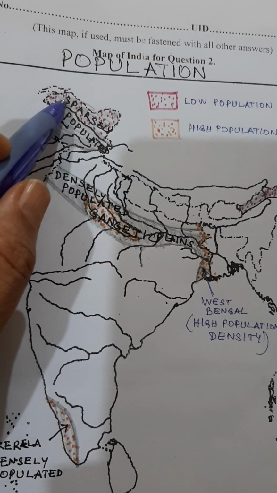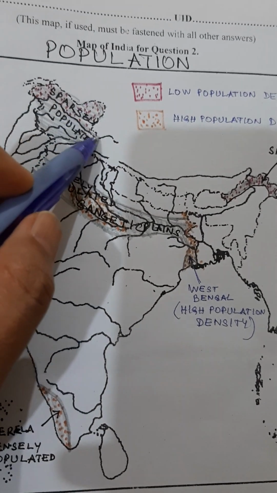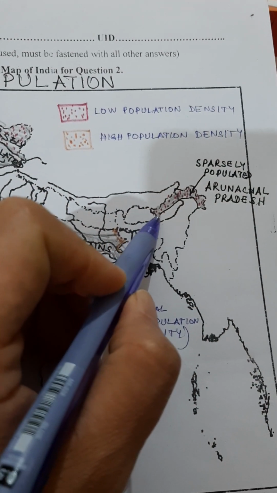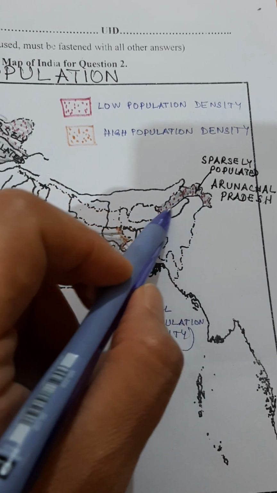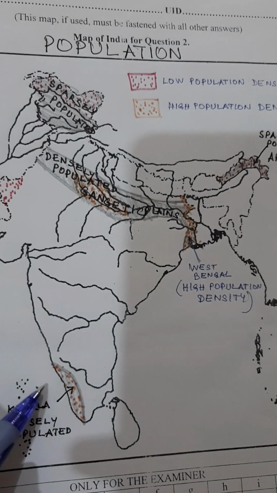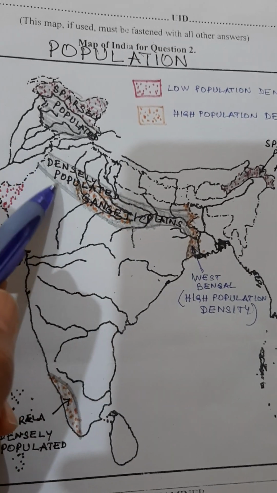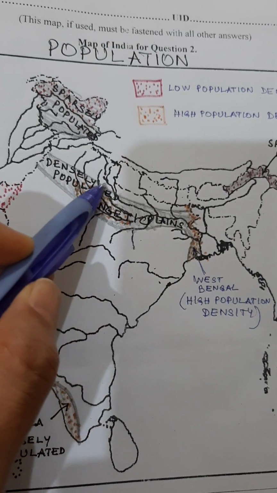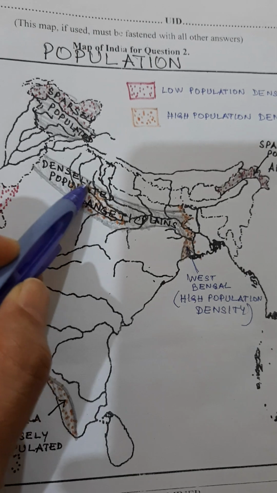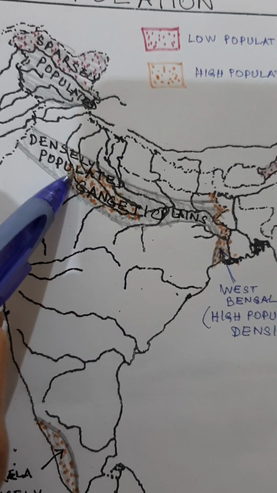Then this area of Jammu and Kashmir, this part, this is a sparsely populated area in the north because it's very cold out there and the terrain is also very difficult. And this is sparsely populated area in the northeast. This is the state of Arunachal Pradesh. Okay, then densely populated area. Already I told you about Kerala. Then the densely populated area is the Ganga. These are the Ganga plains, and mainly the concentrated area here where there is a huge population, huge density is this area. Okay, so you can see this area which I've shown with yellow or orange dots.